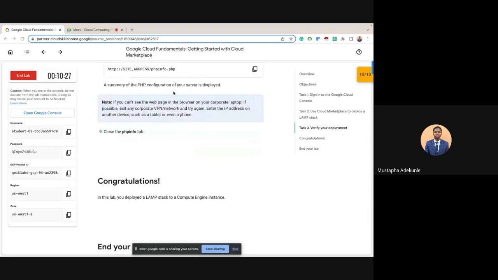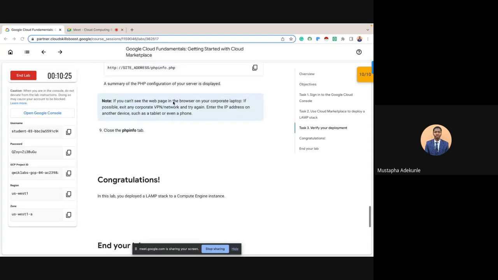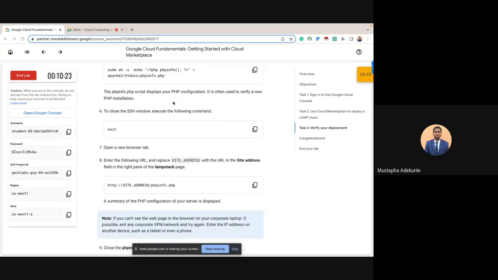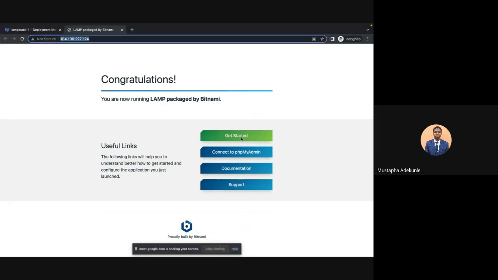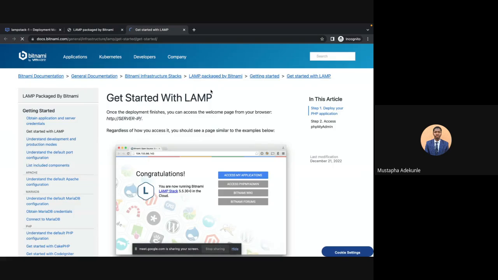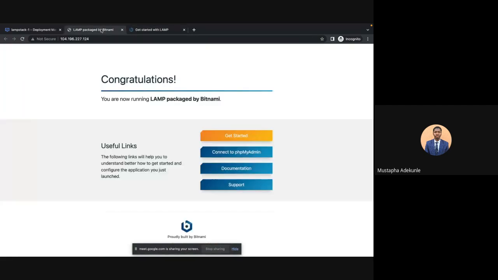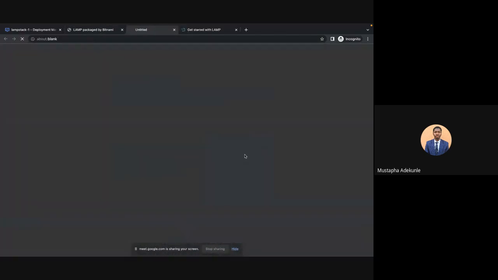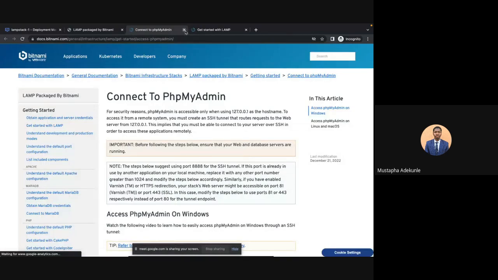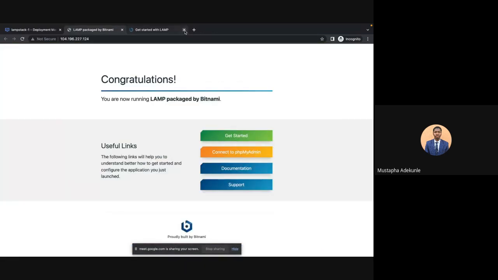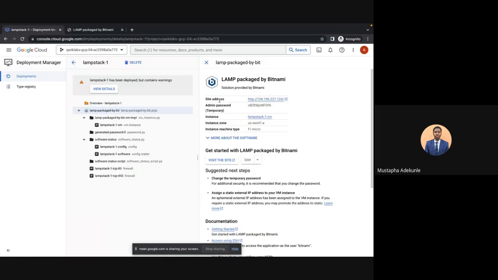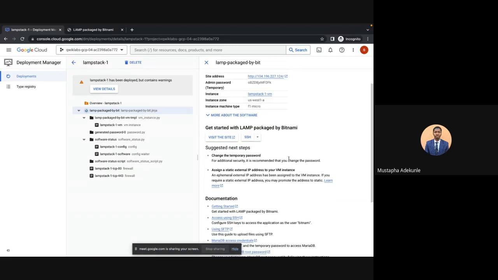A summary of the PHP configuration of our server is displayed. So you can just click Get Started, and you see the documents that are needed. If you want to maybe also connect to this, you can also connect to it. The documentation and the support, everything are on here. So this is typically how you can